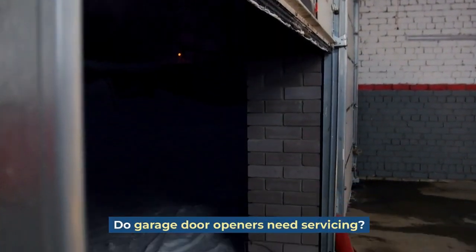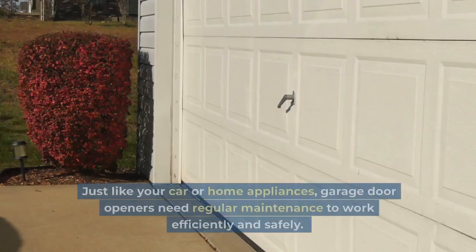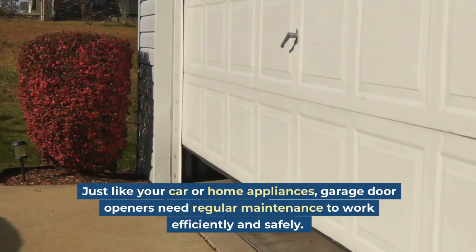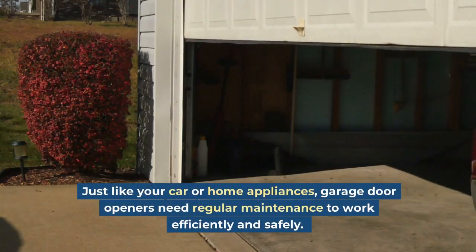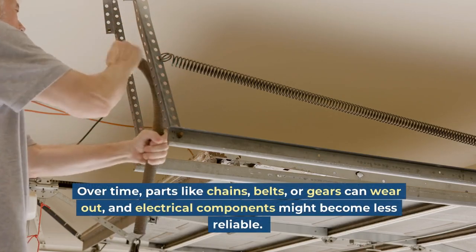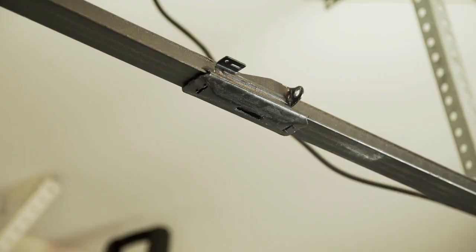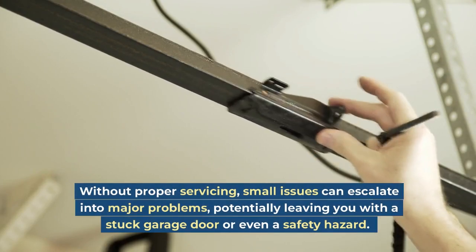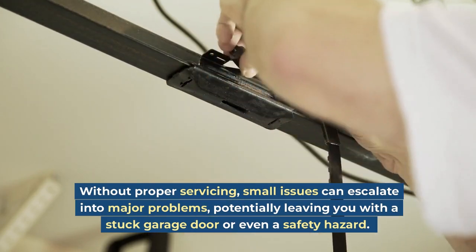Do garage door openers need servicing? The answer is yes. Just like your car or home appliances, garage door openers need regular maintenance to work efficiently and safely. Over time, parts like chains, belts, or gears can wear out, and electrical components might become less reliable. Without proper servicing, small issues can escalate into major problems, potentially leaving you with a stuck garage door or even